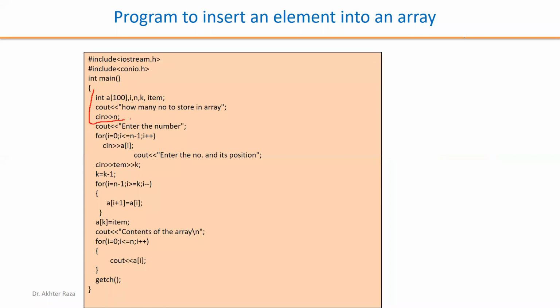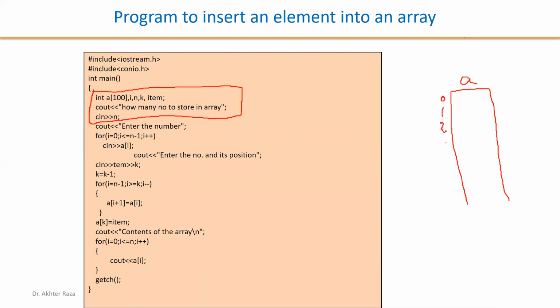these segments. Suppose this is segment number 1. In segment number 1, the array is declared. The name of the array is A, and I initiated this array for 100 locations. So what will be the indexes of these locations? As the size is 100, the indexes go up to 99, because 0 to 99 means 100 positions we have. So this array is declared now,